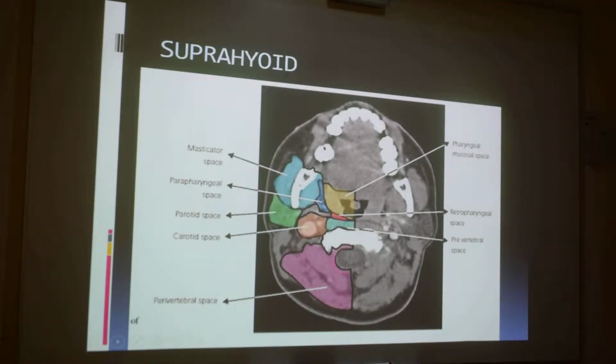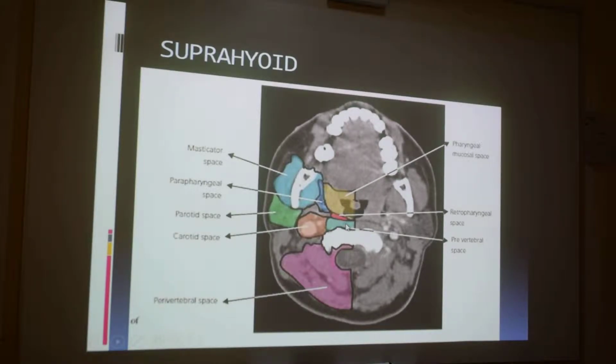Okay, so in the suprahyoid space, I've just marked in different colors the spaces that are there, because different disease processes affect different spaces. Like this is the carotid space, where you have the carotid artery, the jugular vein and the nerve, and this is the pharyngeal space, the parapharyngeal space, the masticator space with the masseter muscle, the parotid space where you have the parotid gland,